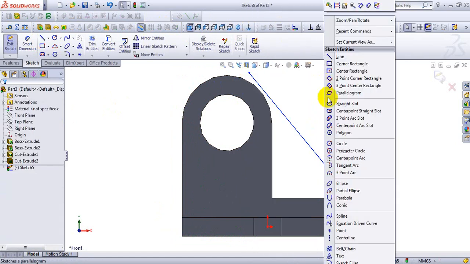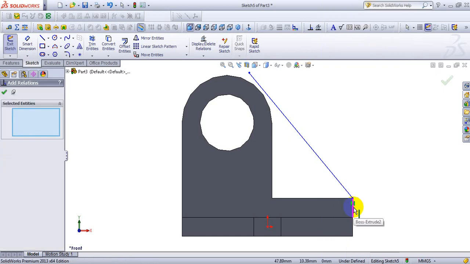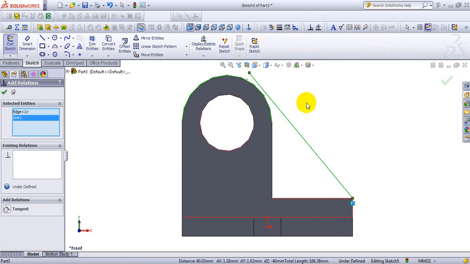Now right click here, select add relation, select this arc. So you can see the arc here, select this arc and line. Okay, in between this arc and line we get a tangent relation. Okay, click on this tangent. See the relation here is tangent from edge of part 3 to line 1.